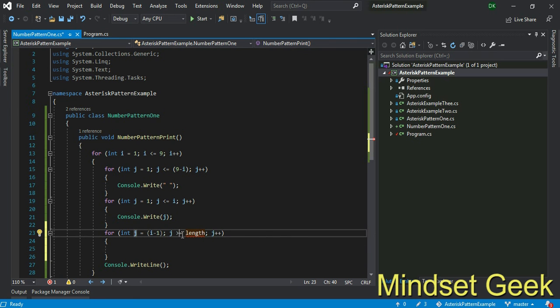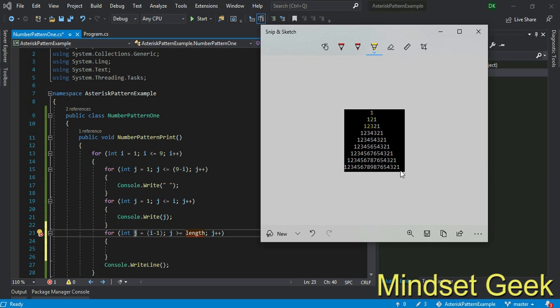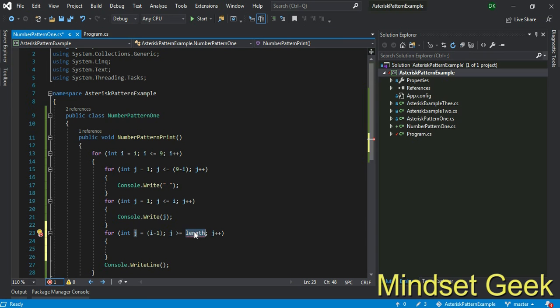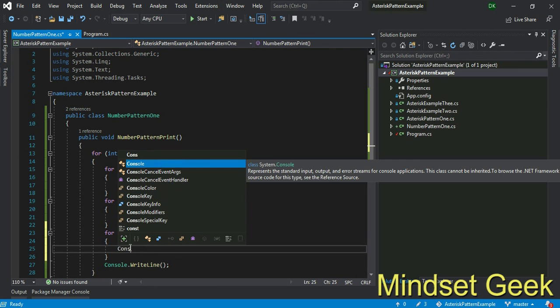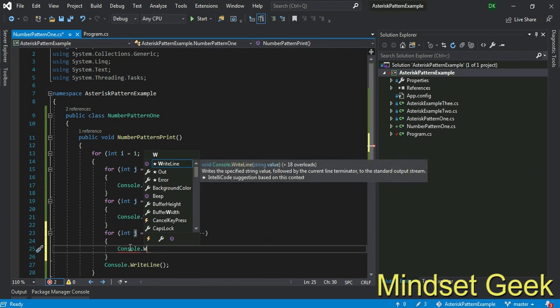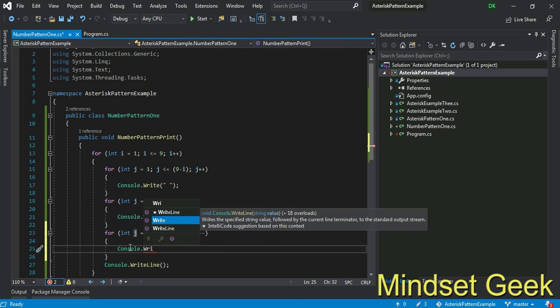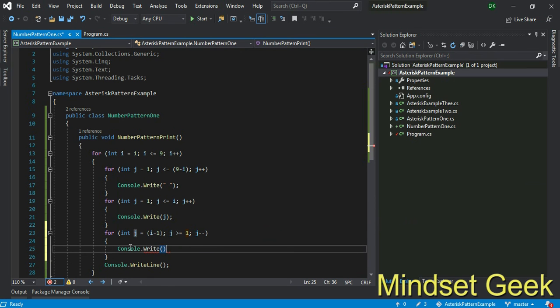What will be the execution limitation? Check that. Until 1, right? 1 is the last value, right? So check greater than or equal 1, this one. Console.Write, what?